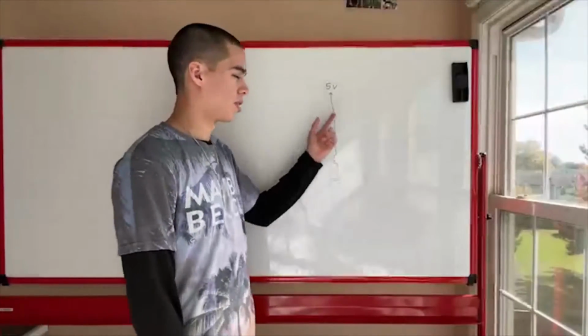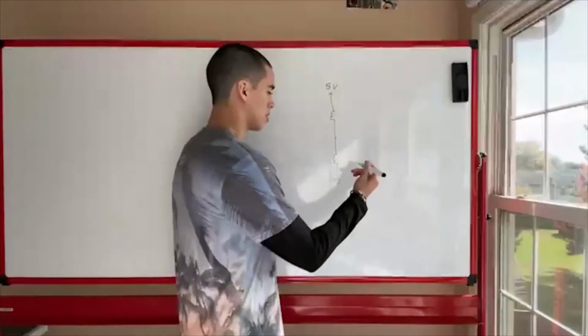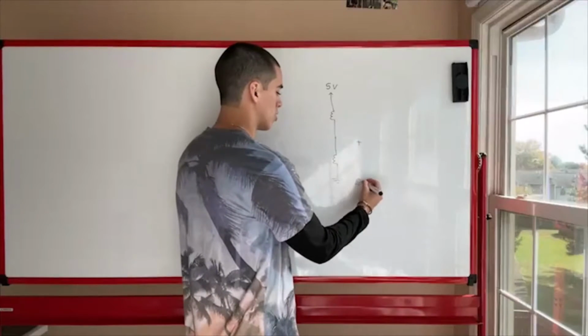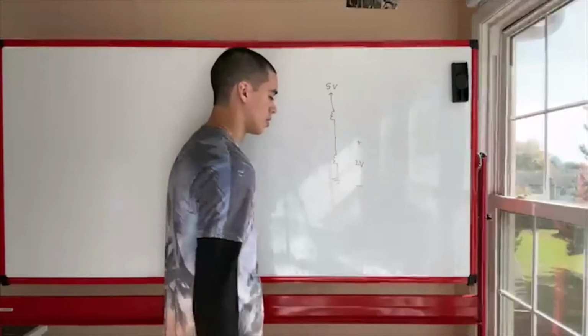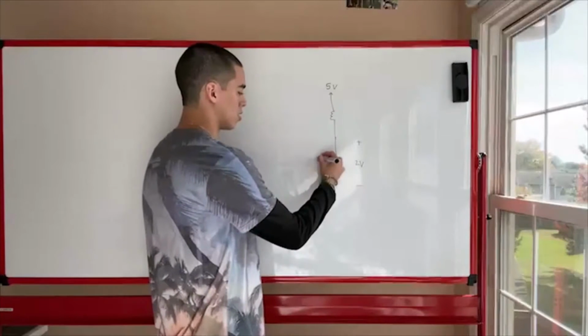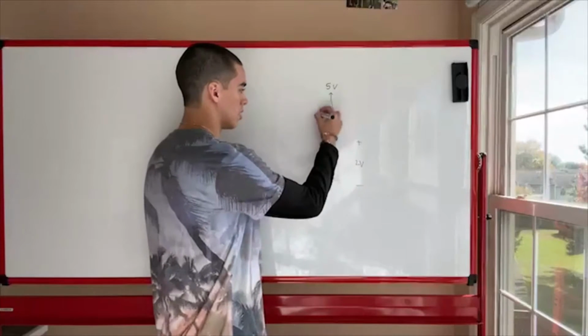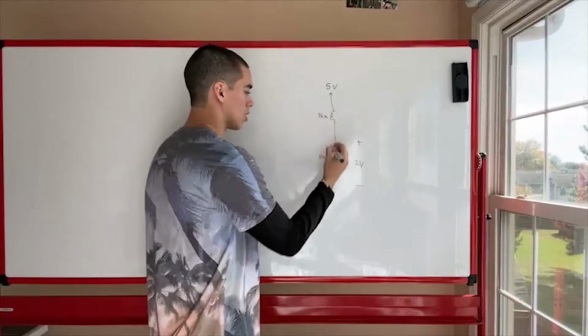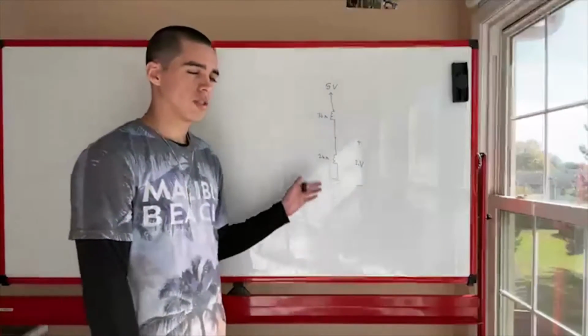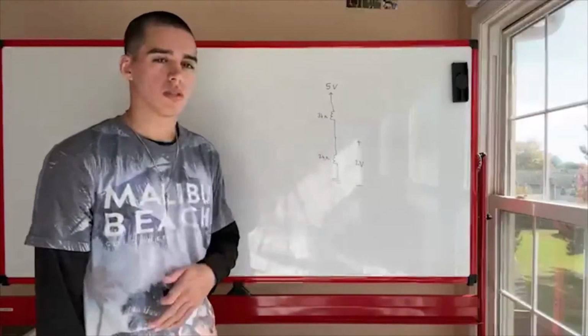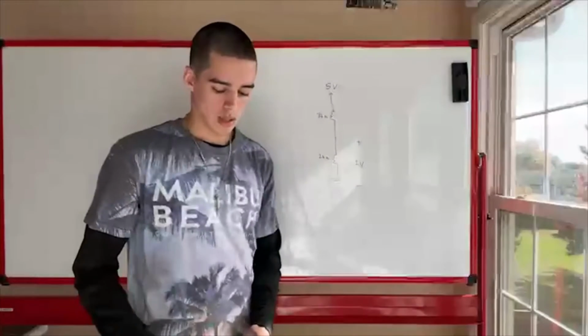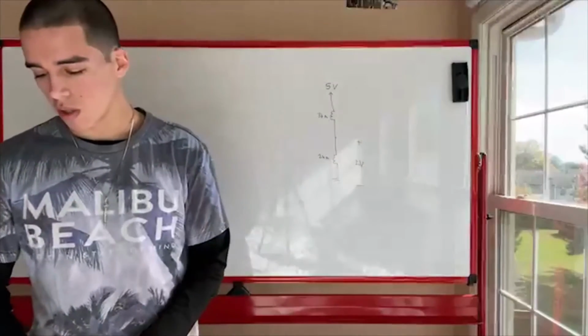Here's your 5 volt power supply. And the voltage divider circuit is supplying 2 volts. You can probably see if we're using 2 kilo ohm and 3 kilo ohm resistors, this would be the circuit. It's the voltage division, 2 divided by 2 plus 3, 2 fifths times 5, 2. Cool. Okay, so